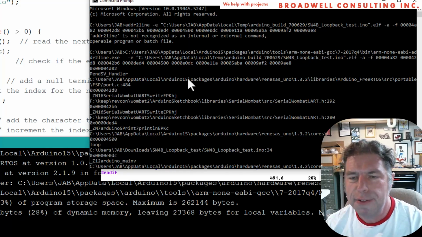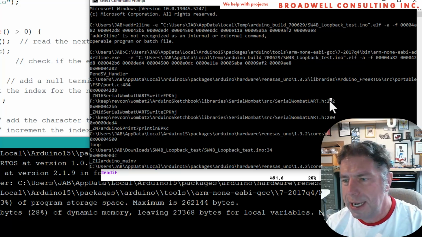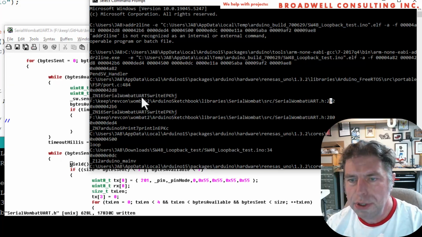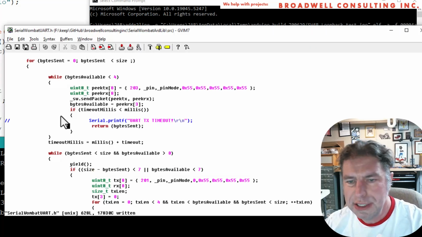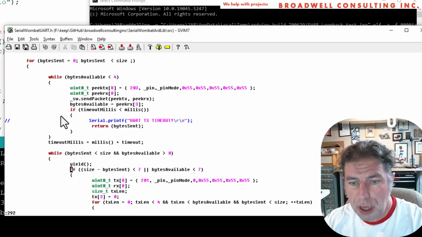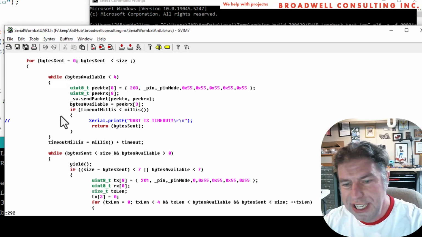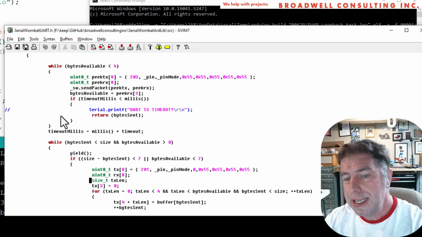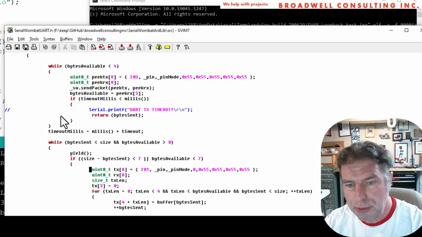So let's back off a little bit and look again at my UART function and see if we can get an idea of what it's doing. So I'm going to go down into my Arduino sketchbook library, Serial Wombat source, Serial Wombat UART.h. And if I go to the line that it tells me, 292, oh, look at that. It looks like we just called yield. Yield is interesting, and I call this in this function. When we go to write a whole bunch of bytes, it can take a long time to send those out over I²C. If it's a large packet that we're sending out, the